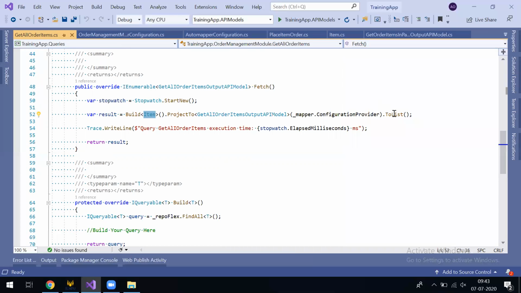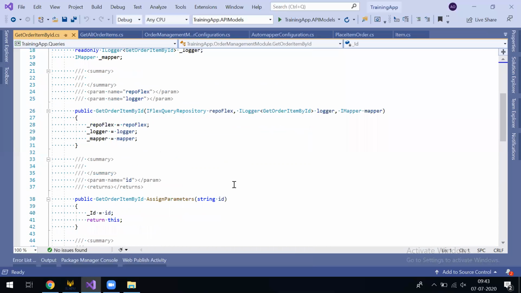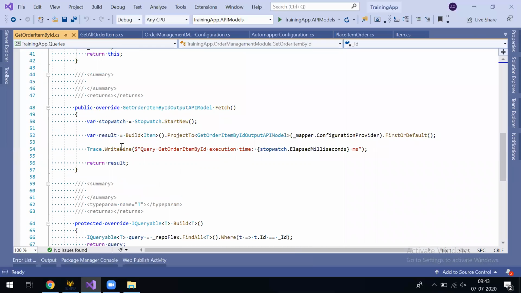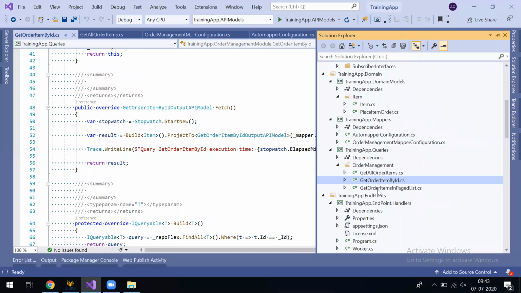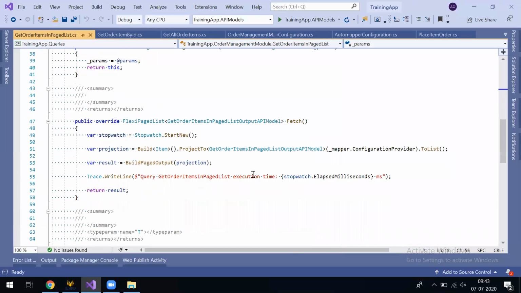And it returns the result. So the basic template of fetching data is already generated. On top of that, any other logic you have to write, you can write over here. So for getting order item by ID, here also the basic functionality is auto generated. Similarly, for the fourth feature also, you can see over here.